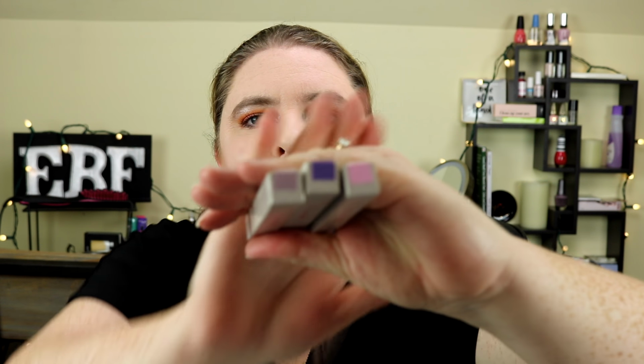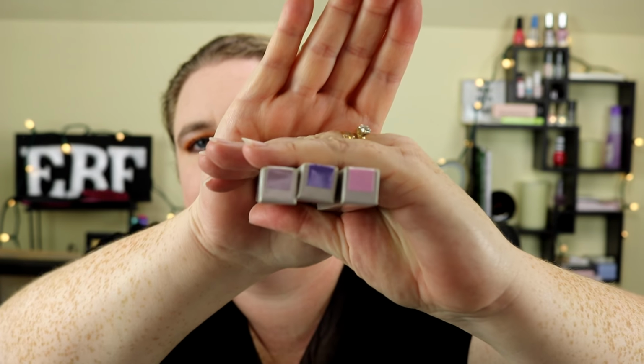I got 3 Mally Evercolor shadow sticks. I got a pink and then 2 purples. There are the colors right there. I don't know if the camera will pick that up very well, but it is Pink Champagne, Royal Plum, and Over the Taupe. I actually bought these because I was watching an Emily Noel video and she really highly recommended